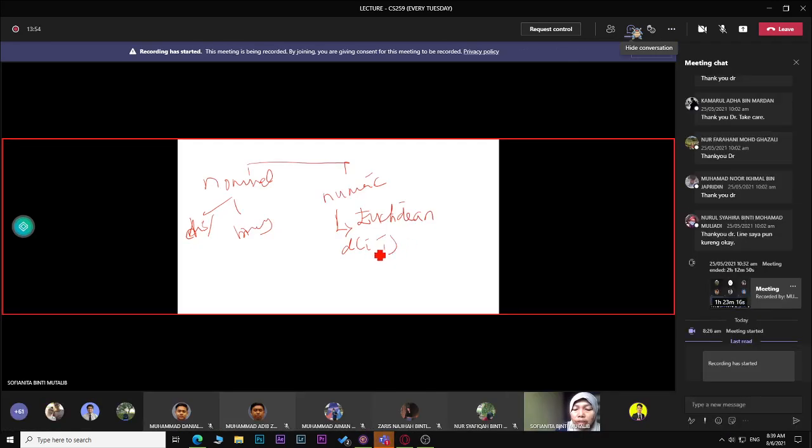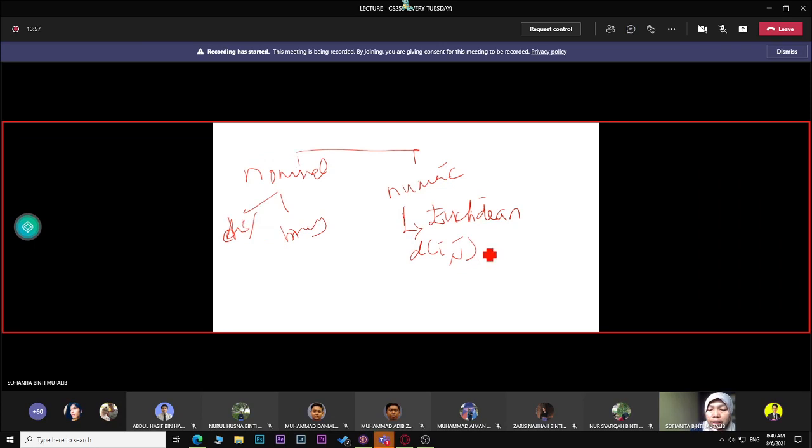Object i and object j, for example with two attributes, the distance equals x of i minus x of j, power 2, plus